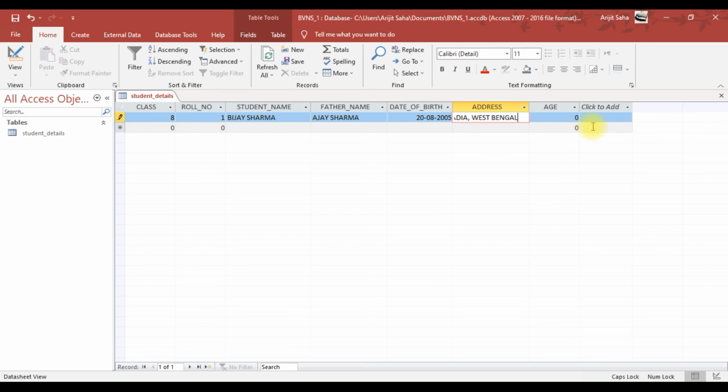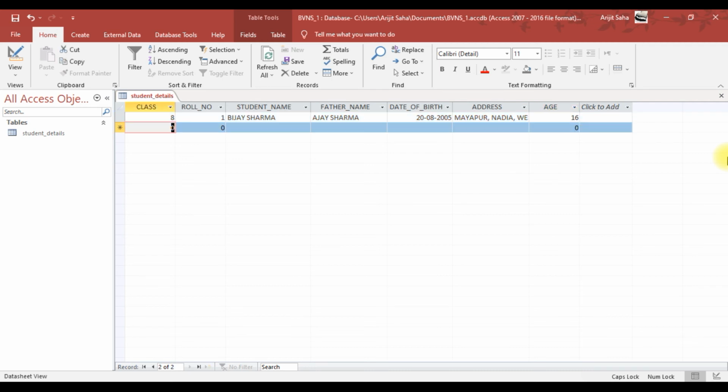Okay, so this is how we can enter data, and we can use this particular field to enter the age. In this column we can enter the age, where we can more or less calculate 2005 to 2015 is 10 years, and we can enter 16 over here.